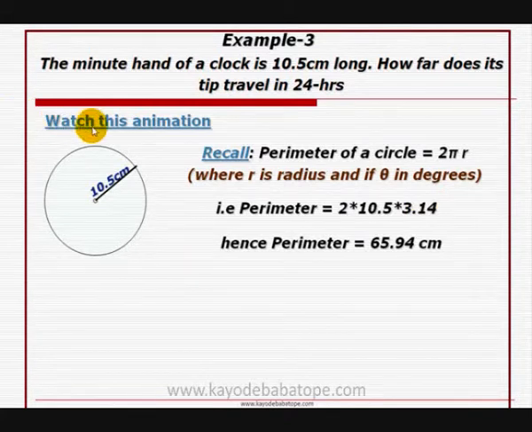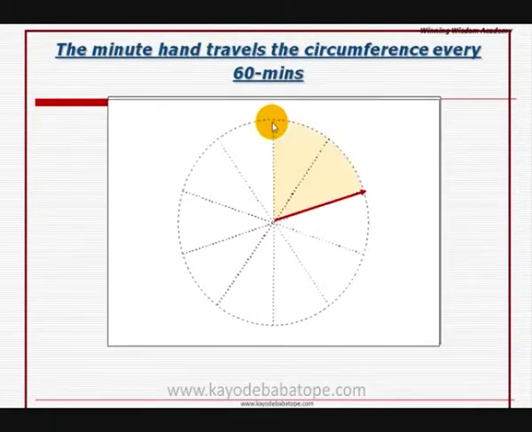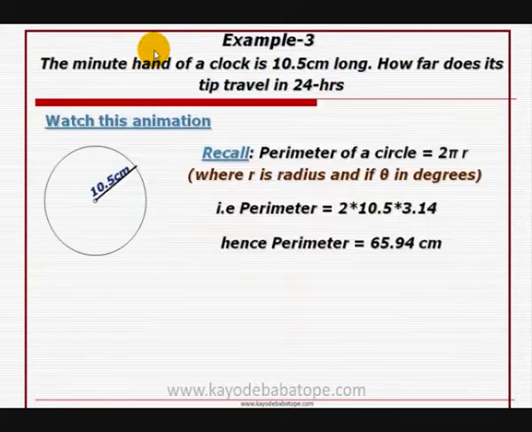What that means is that, you remember this animation, this is the minute hand. As it revolves about a fixed point, it is making a circular trace. So the perimeter of the circle traced by the minute hand is what is given by 2 pi r. Why? Because the length of the minute hand is 10.5. So the perimeter of the circle that the minute hand traces is given by 2 pi r, which is 65.94